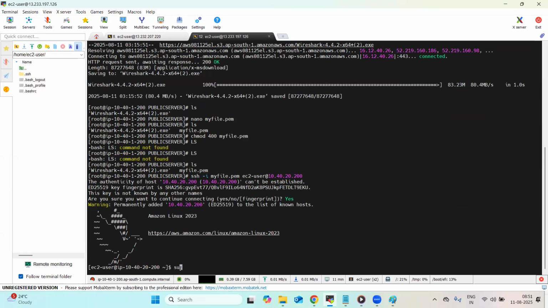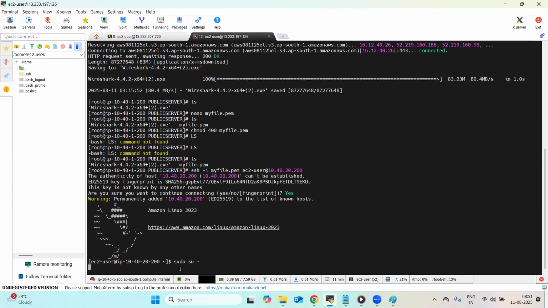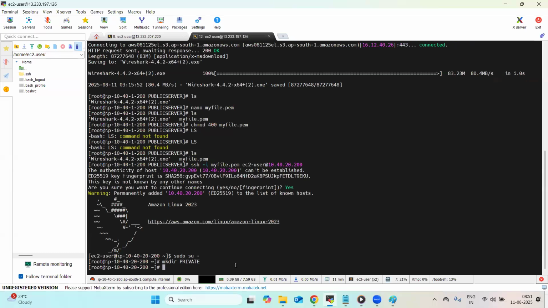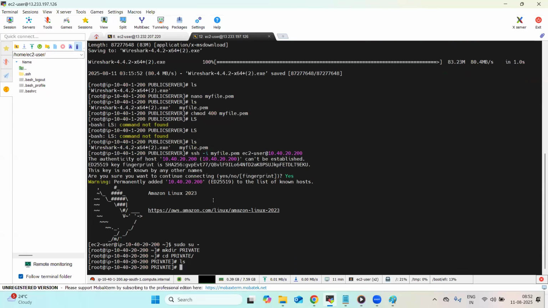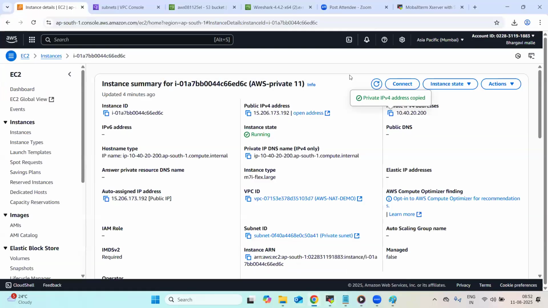Instead of that one, sudo hyphen server and mkdir private server, private dimension, cd. Just now we can see there are no files on this one. Just now I'm trying to download that file. What we are creating there,